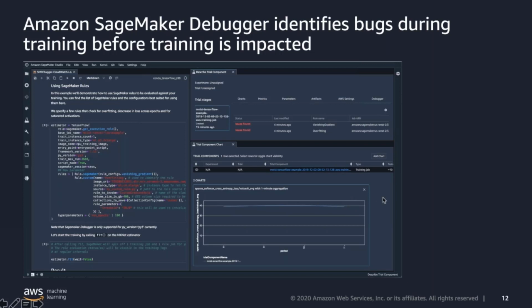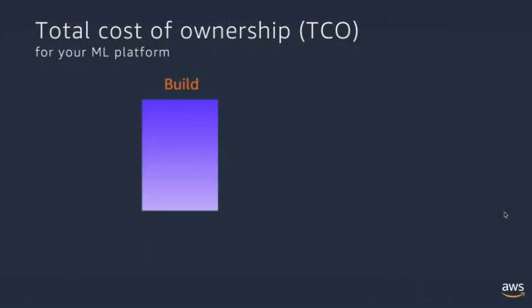So in this way, SageMaker Debugger can dramatically reduce the amount of time it will take you to run your training jobs and debug your training jobs, and you can choose to use Debugger to stop your training as an early stopping mechanism, for example, to ensure that you don't waste hours or weeks on training jobs that are not optimizing further. Now, having shown you all of these different capabilities of Amazon SageMaker, another key differentiator of SageMaker